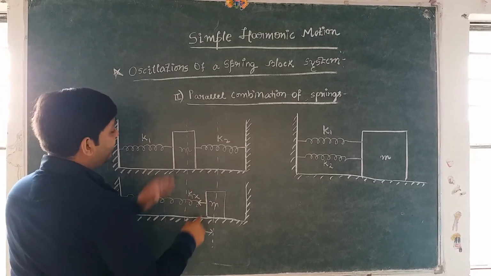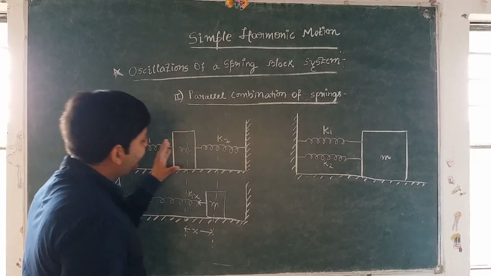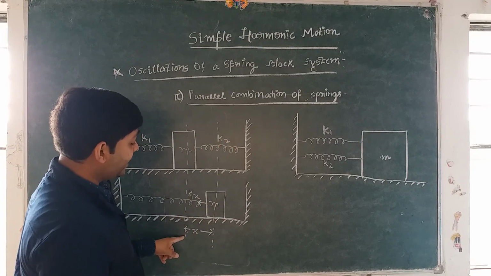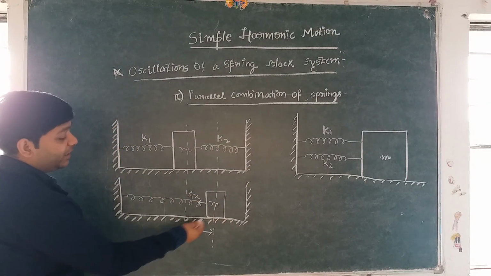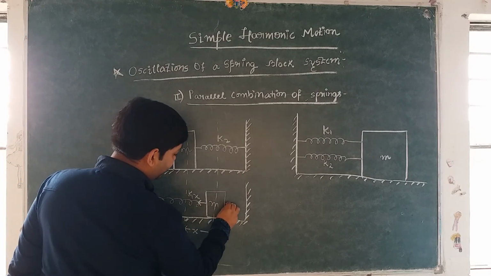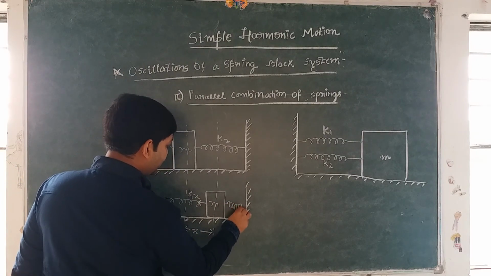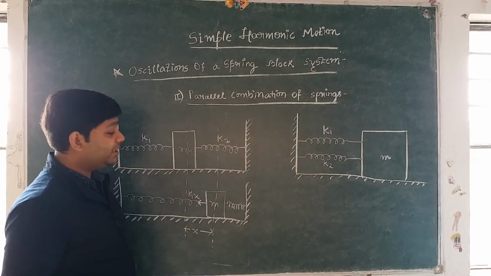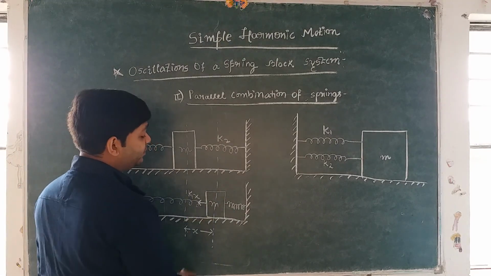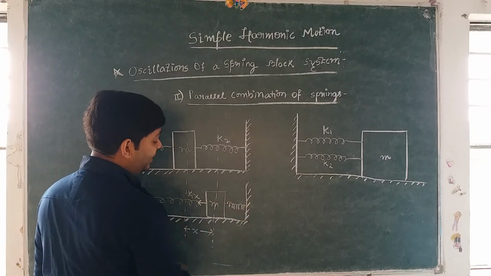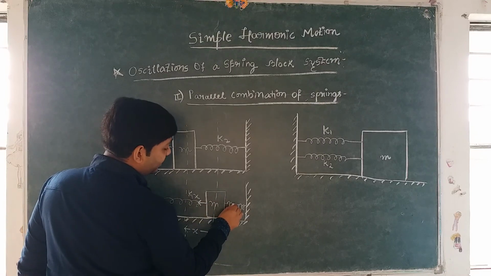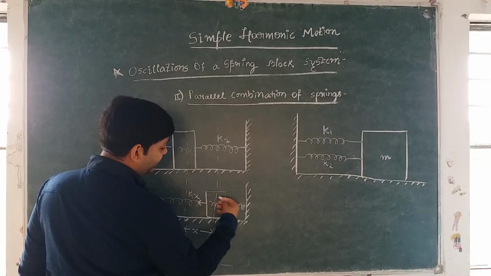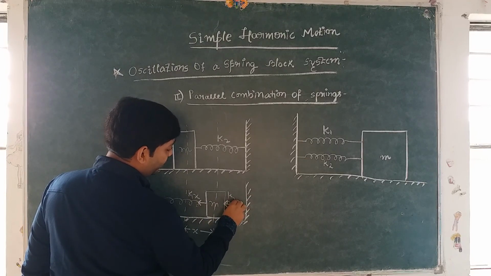And if you see, when we have displaced this block of mass m towards right, this other spring will get compressed by x, and therefore the compression in its length will be equal to x. This spring has got compressed. Now it will try to restore its original length, and therefore it will push this block of mass m towards left, and therefore due to this there is a force in the left direction which is equal to k2x.